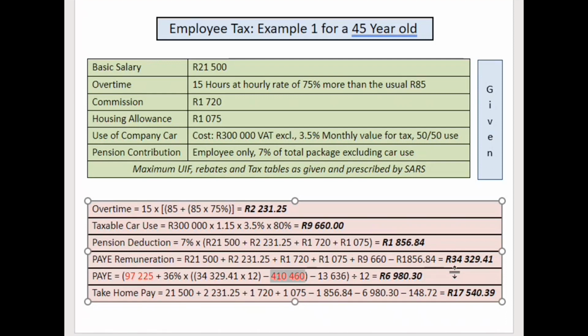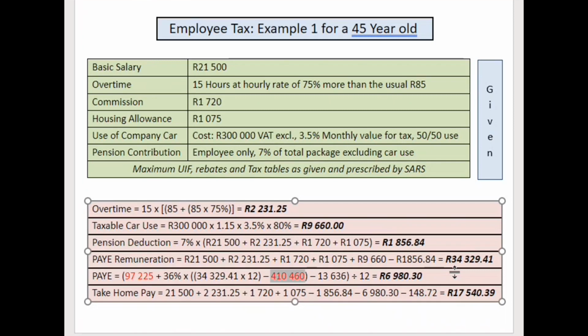97225 plus 36% of his total remuneration of 34,329.41 times 12. Why times 12? He does not get a 13th check, minus that amount of 410,460 that was given, okay,